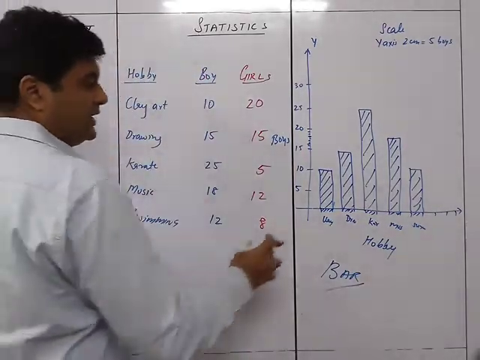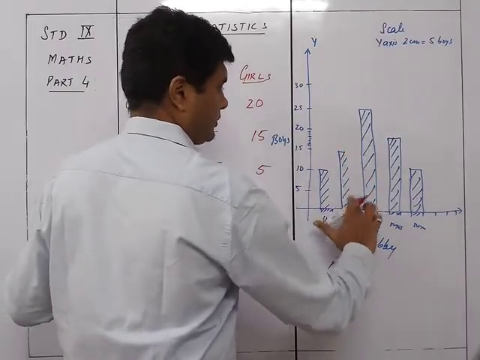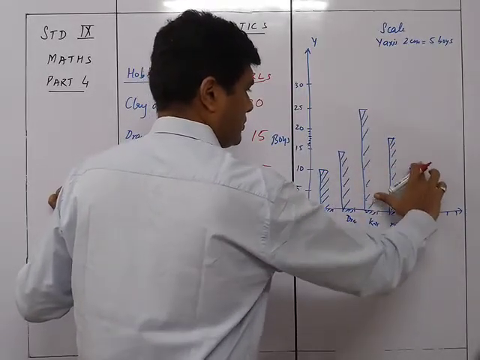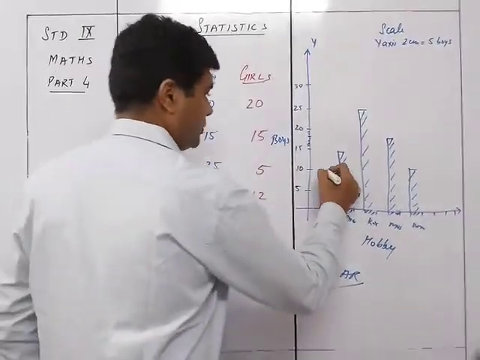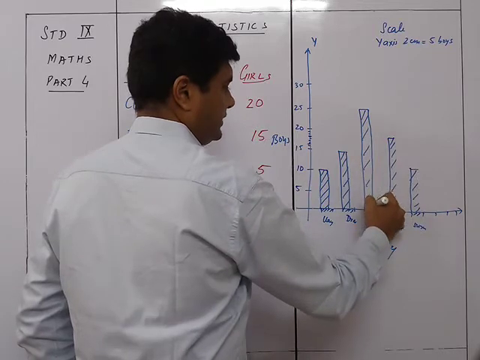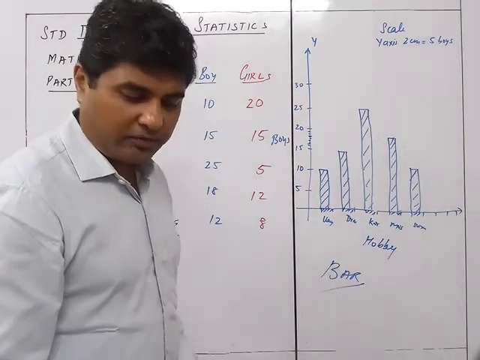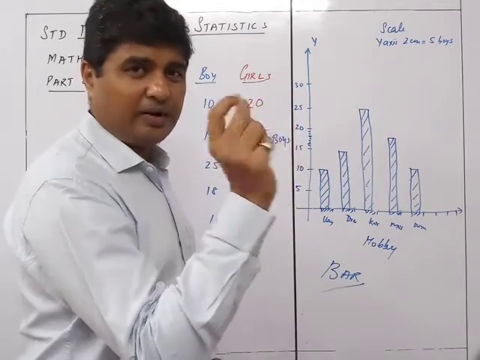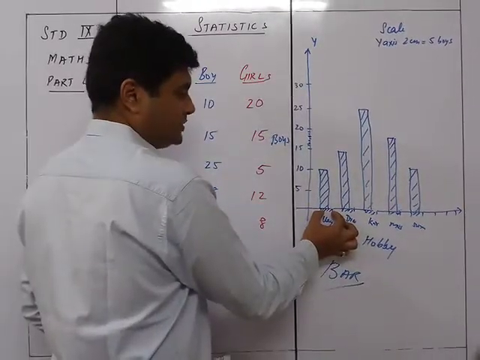So I just reduce the size a bit so that it is easier for me to draw. So I'll be having the boys and girls next to each other. So this is for the boys. You can just reduce the thickness of these bars so that you can accommodate all of them properly. So you can take 2 centimeters as one complete boys and girls. So half a centimeter, 1 centimeter for boy, 1 centimeter for girl. When you keep a gap of 1 centimeter, this complete thing is 2 centimeter. This is another 2 centimeter.